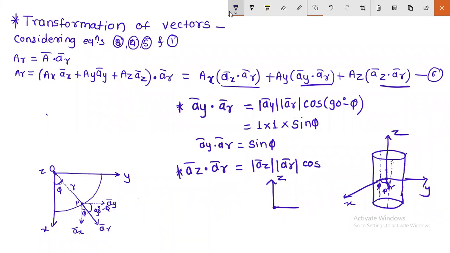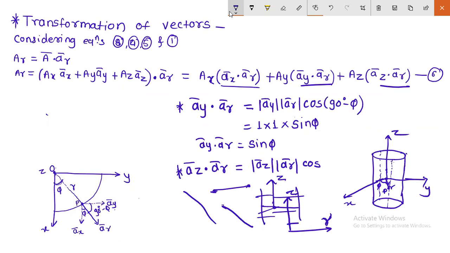So anywhere you go, this is your z axis. Okay, and if this is a cylinder, you can go anywhere, everywhere your radius will be horizontal, right? And z axis is vertical. This is z and this is r. You are not measuring your radius in this direction like this or like this. No, you are going from this center to the surface. You are going horizontally, right? So this is your radius r and vertical is your z axis. Therefore, angle between them is 90 degree. Okay, so remember this.